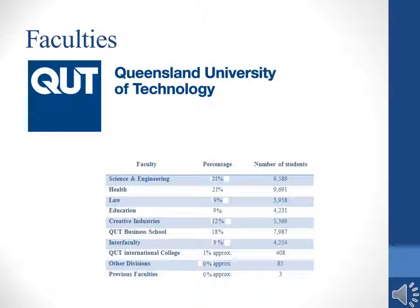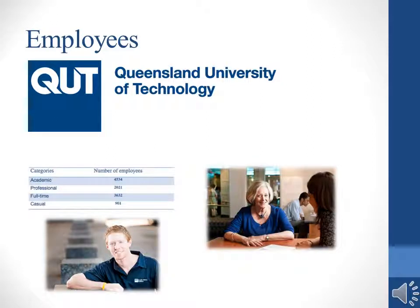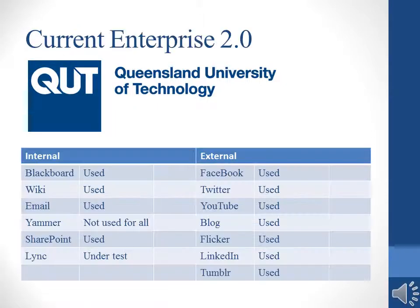and previous faculties. Faculties which contain the highest number of students are the Science and Engineering faculty and the Health faculty, each of which has 21% of the total students, while the one with the lowest percentage of students are the previous faculties. There are many employees currently residing in QUT campuses. They can be broken down into 4 categories: academic, which has 4,534 employees, professional, numbering 2,021, full-time at 3,632, and casual, totaling 901 employees. QUT applies many different enterprise technology systems in the areas of task management, information management, collaboration,